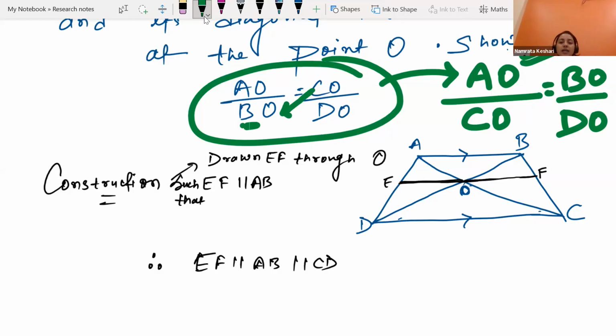क्योंकि अब हमें दिख रहा है AO by CO, ध्यान से देखो, अब हमें दिख रहा है AO by CO, मतलब कि this we can focus on this diagram. Okay, and DO by BO we can focus on the other diagram. Okay, so AO by CO, अभी अभी हमने जो कंस्ट्रक्शन किया है, that is EF is parallel to AB, and